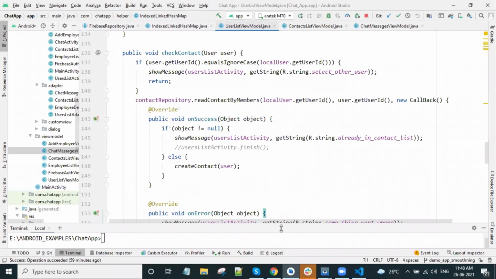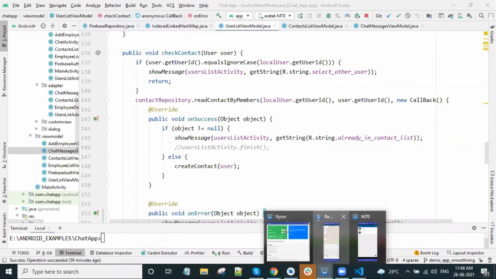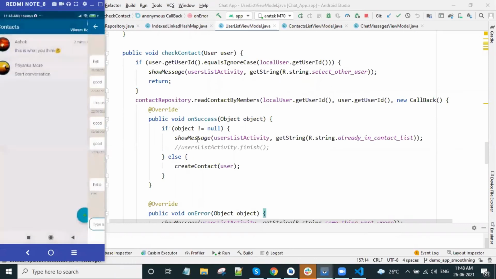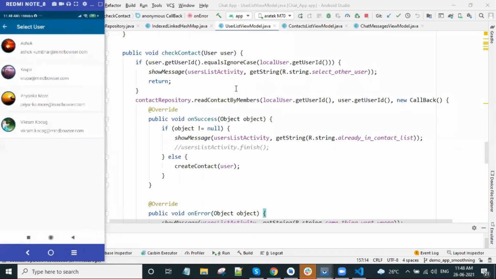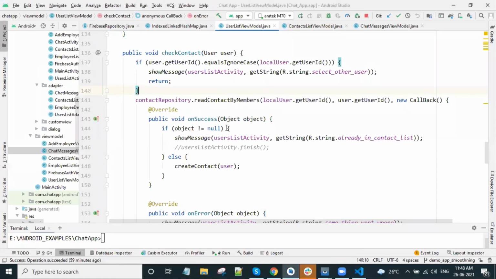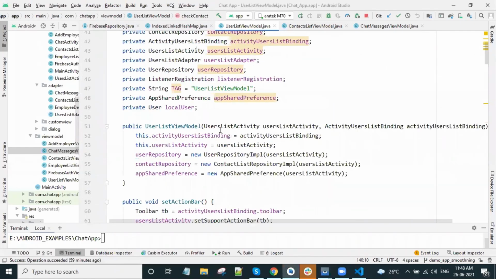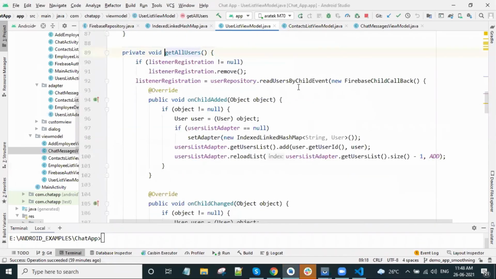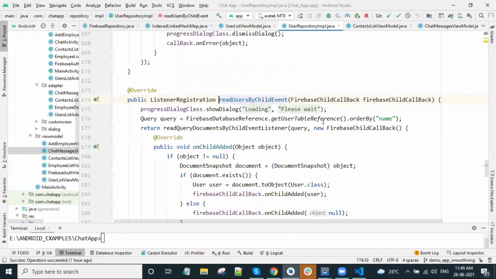First of all, in this example we will see the users list, and how the users list is fetched. That is just a simple one. I have written only get users. With all users, I have written to get all users and update to Firestore. How the query has been written: Firebase database table reference, user table collection reference, then order by name.